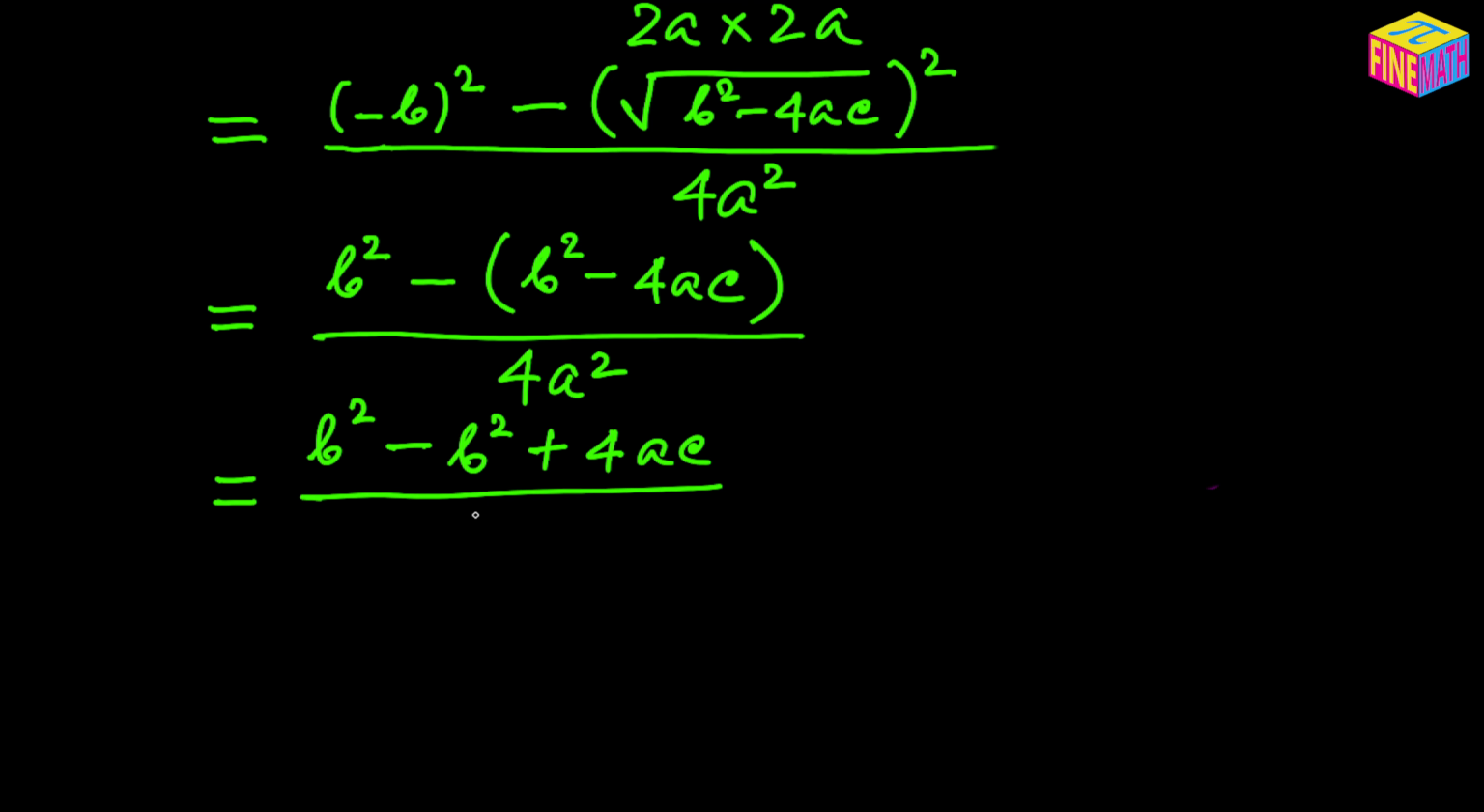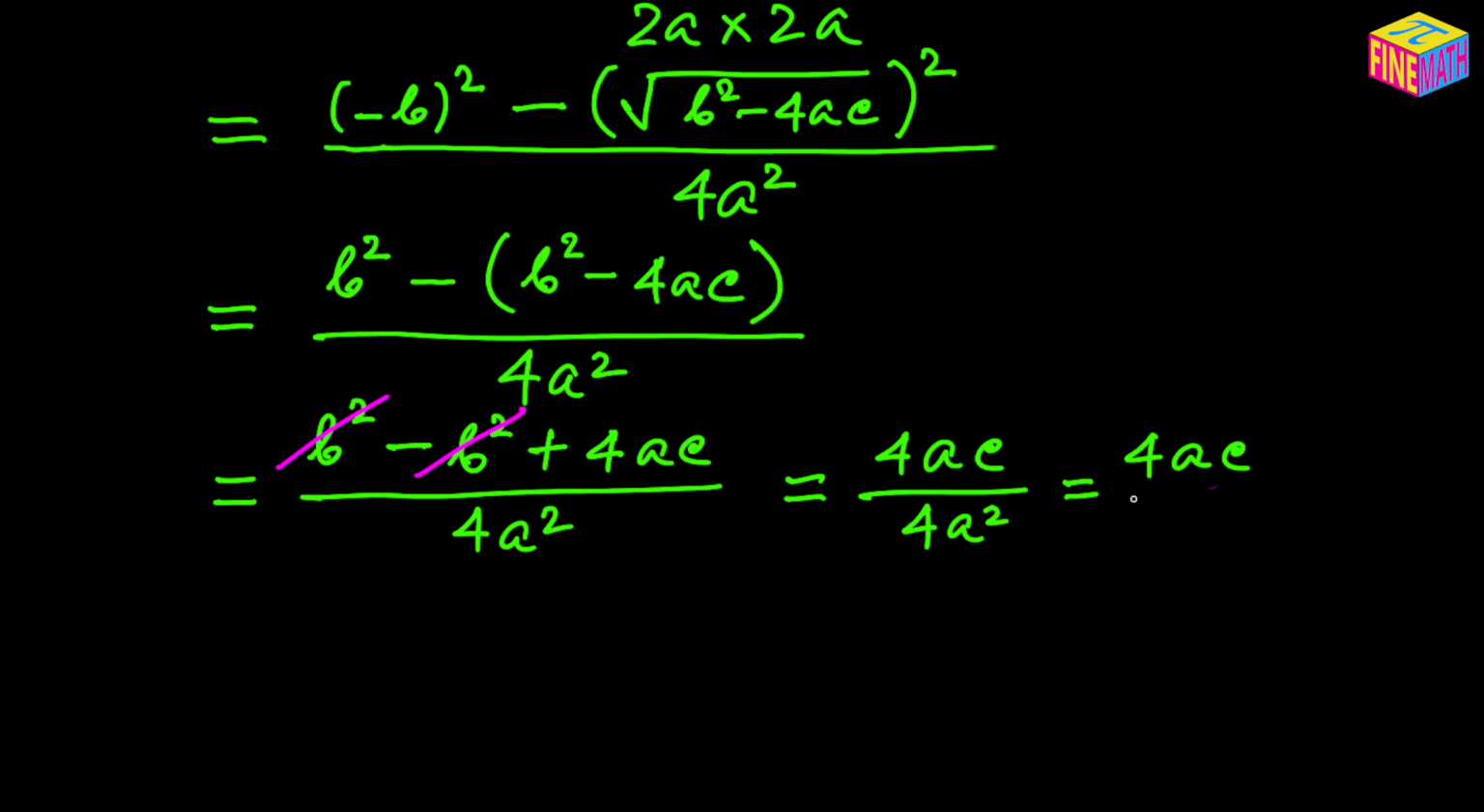And then in the denominator we have 4a squared. From here you can see that the b squared terms, positive and negative, will cancel each other out. So we are going to be left with 4ac divided by 4a squared, which is 4ac divided by 4a times one more a, that's the a squared. And then again, as you can see, the 4 will cancel out, and one of the a's will also cancel out, right? So now you can see we are left with c by a, and that is the